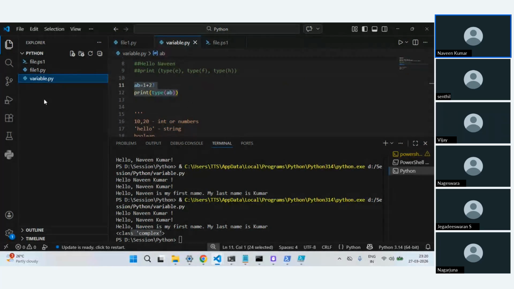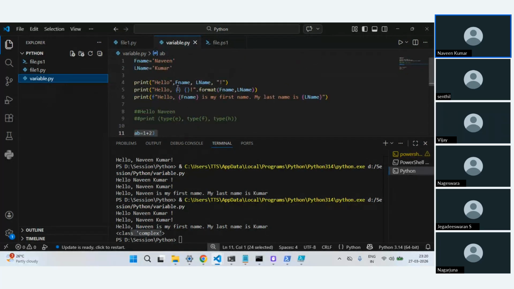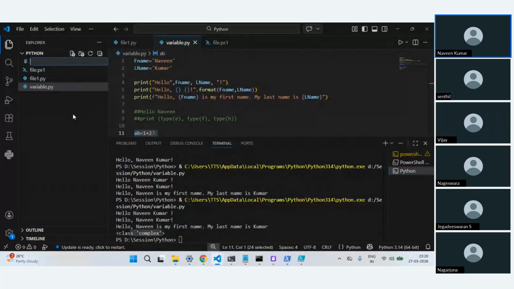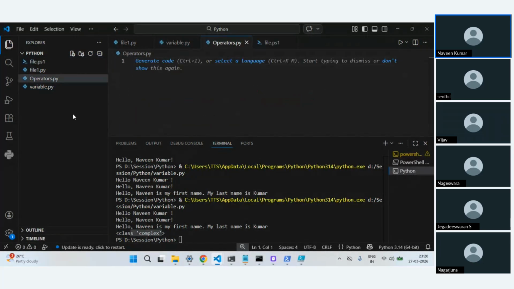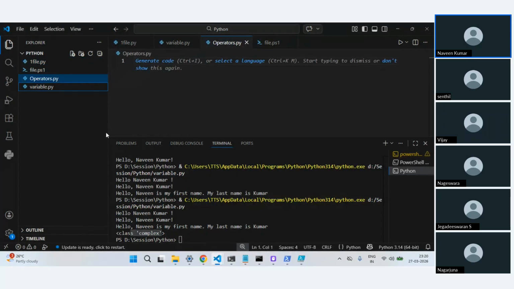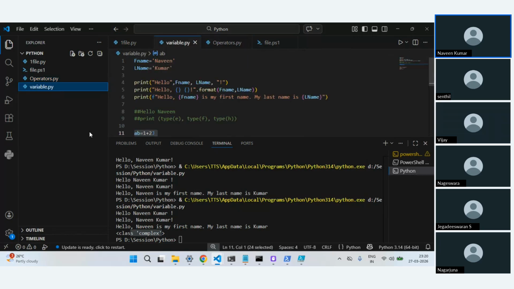Now you know variables, and how to get the value from a variable. Then what we will do is you have something called operators. Okay, what I will do, I will just say, if I name with, prefix it with numbers, it will be in the same order.